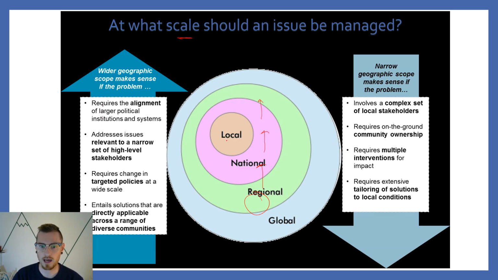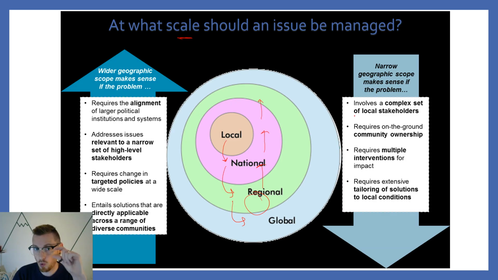We could also look at that slightly differently. So we could look at a local area, getting bigger, national, country, regional, i.e. maybe a region of a continent like South Asia, Southern Asia, the Indian subcontinent, or it could be a region as big as a continent, and then through to the globe. Either way, when we look at scale and how an issue and the impacts of an issue could be managed,